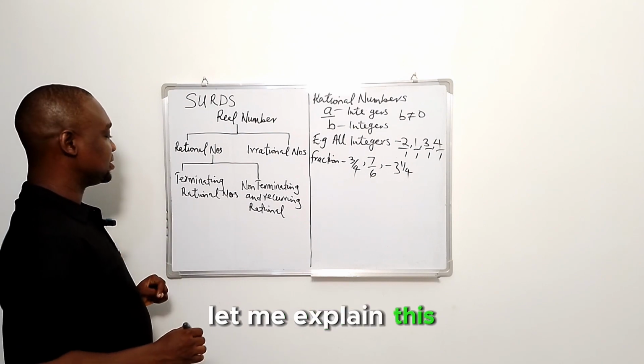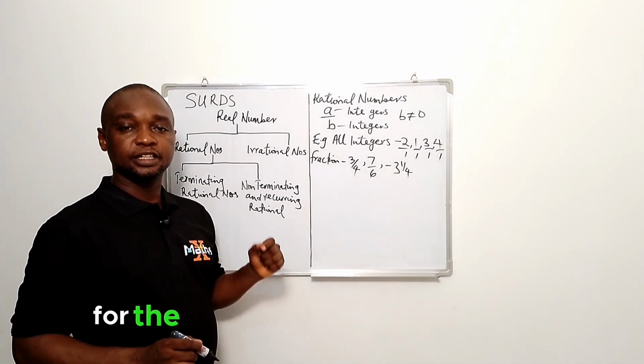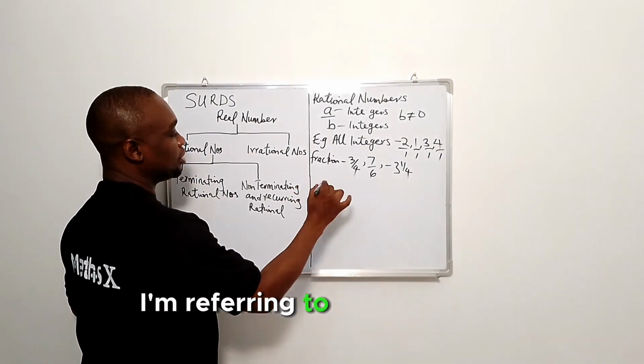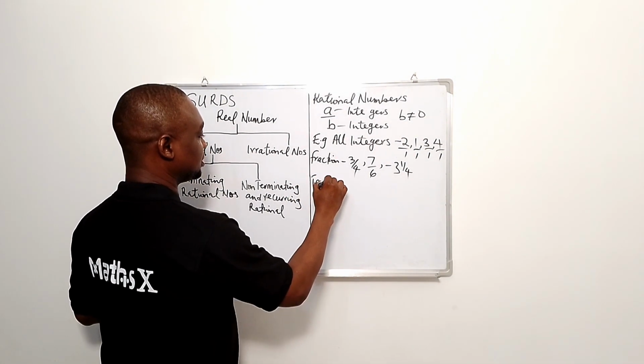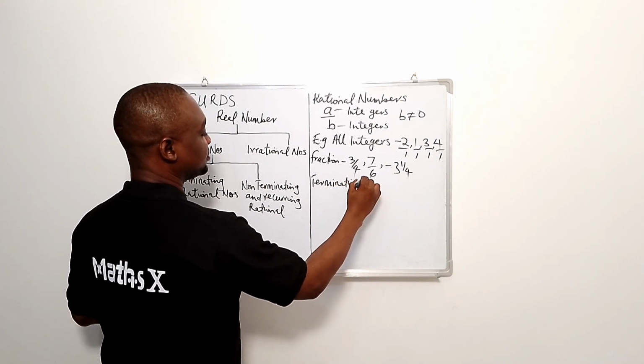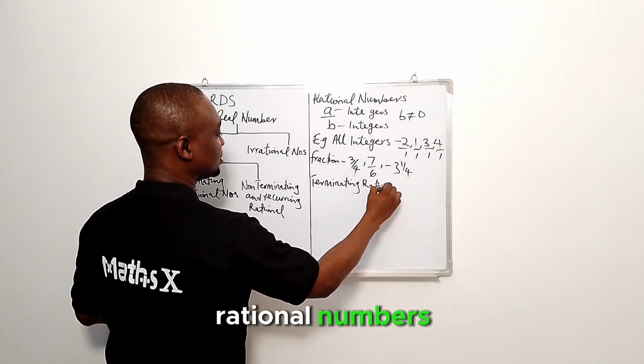Let me explain these. For the terminating rational numbers,